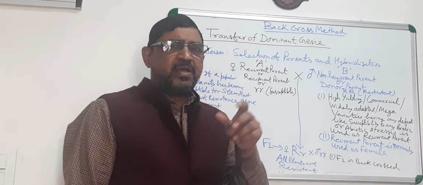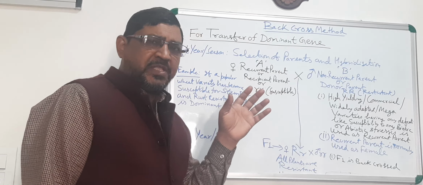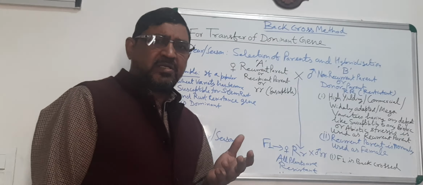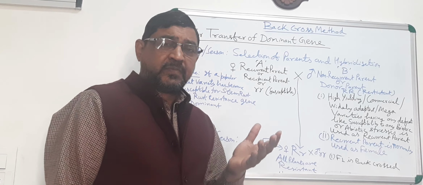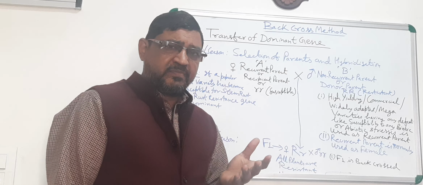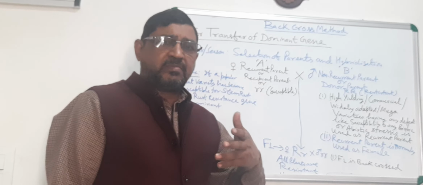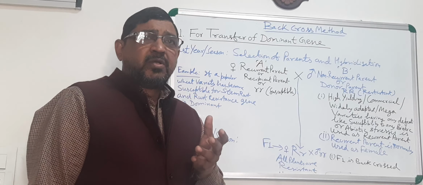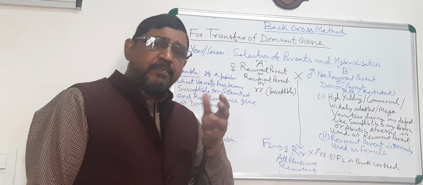In this way, if you wish to transfer any trait into your most popular variety to correct its defects or to have an improved version of that variety, you have to see